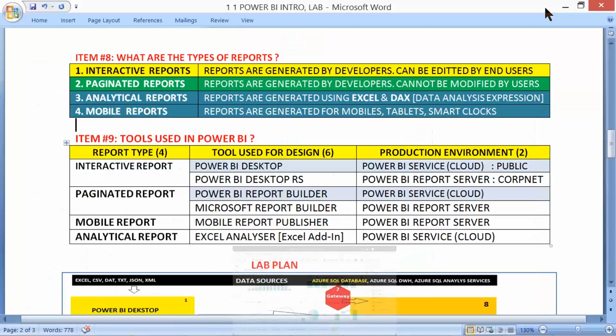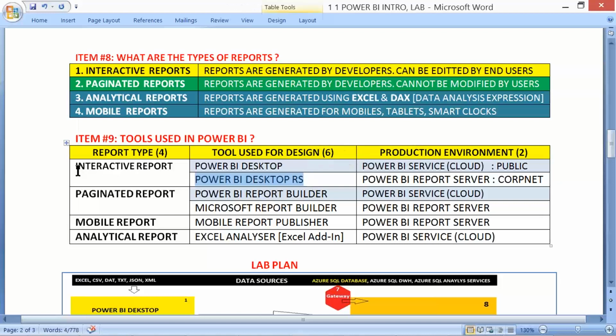And similarly, we have other things like Power BI Desktop RS that support interactive reports. One for cloud, one for report server. Paginated reports: again, here also you have two tools, one for cloud, one for report server. Cloud tool, Power BI Report Builder, and for report server within CorpNet, within the corporate network, we have Microsoft Report Builder.